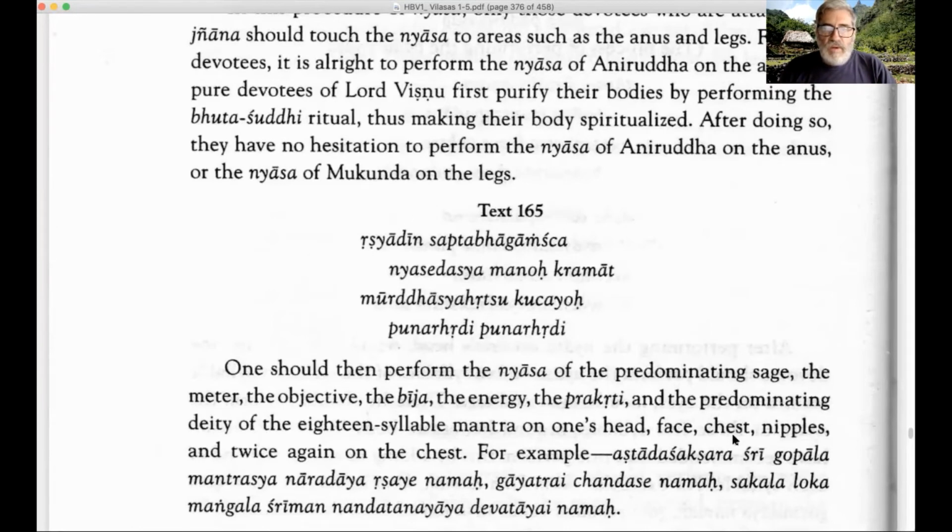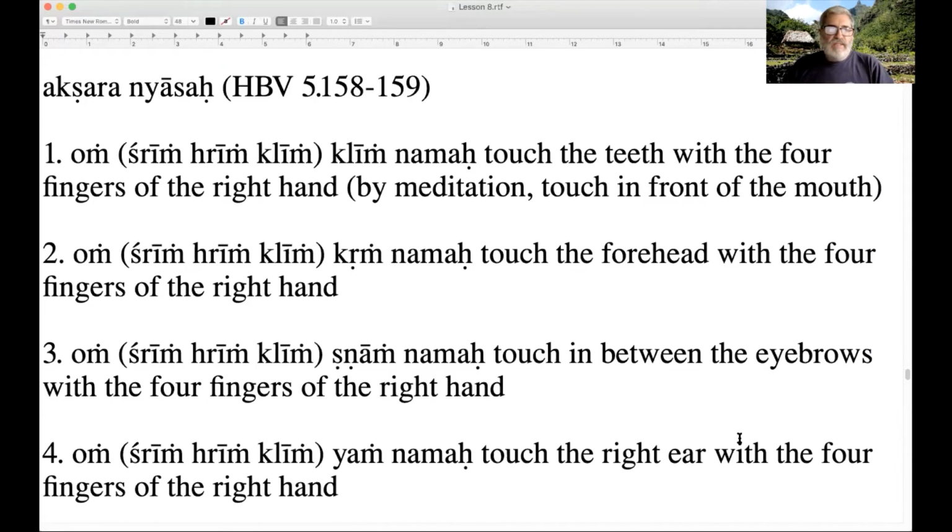So here's the prayoga for the Akshay Nyasas, etc. So Akshay Nyasa, which we just went through, we just went through the verses for it, right? And remember that it's coming from chapter 5 of Hari Bhakti Vilasa, text 158 to 159. Okay, so it was a little cryptic the way it was given in the text, but this is how it's